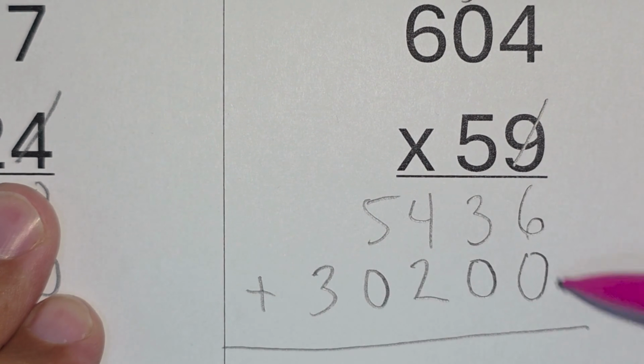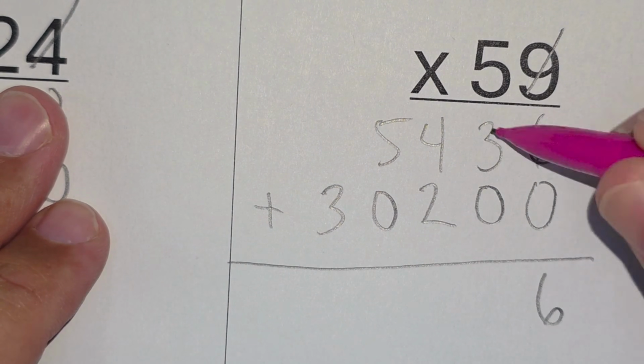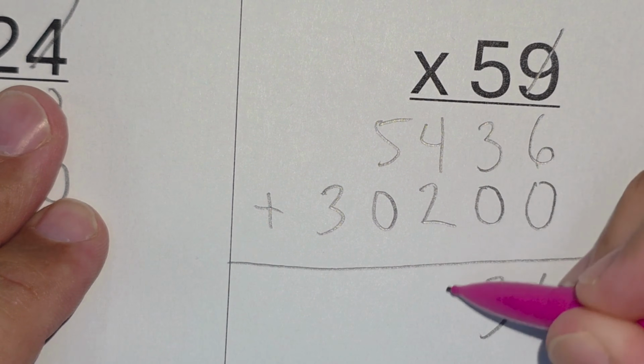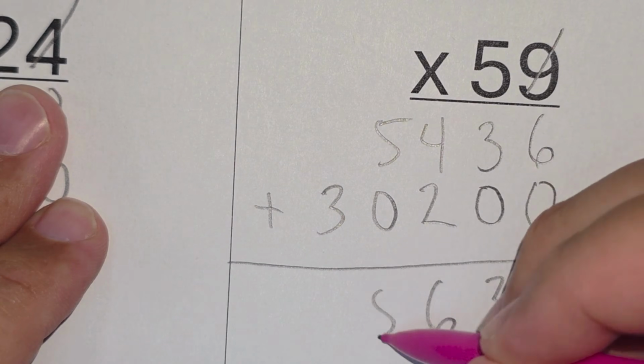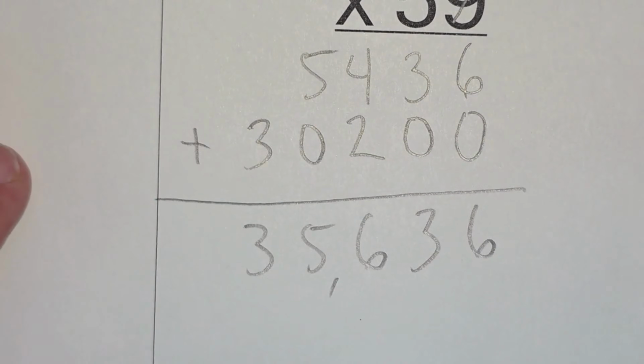I can add my two partial products together. 6 plus 0 is 6. 3 plus 0 is 3. 4 plus 2. 5 plus 0. And my 3. And so that leaves me with a final product of